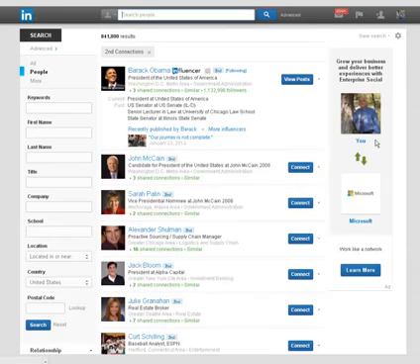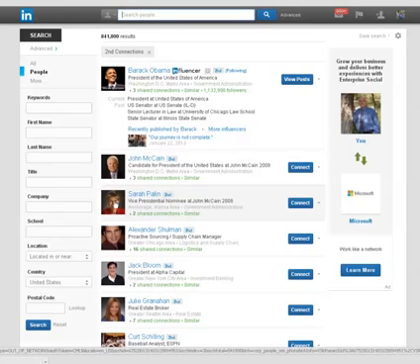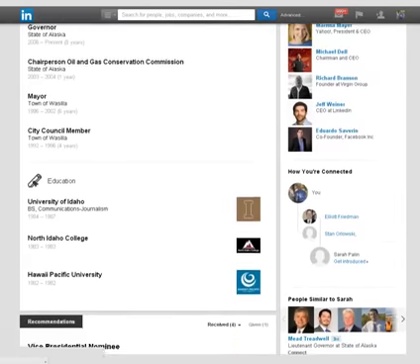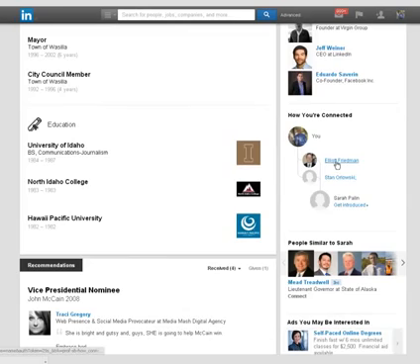You can see right here, all those first now go to second. John McCain, somehow he's connected between me and Microsoft. See, it tells you right over here how they're connected. We're going to do Sarah Palin, for example. She's a public figure, so we're going to click on her profile there, and you can see all about her and everything else. But you can see how the connections are.